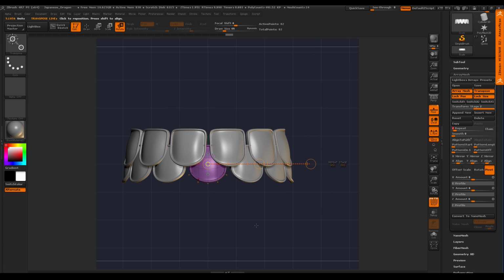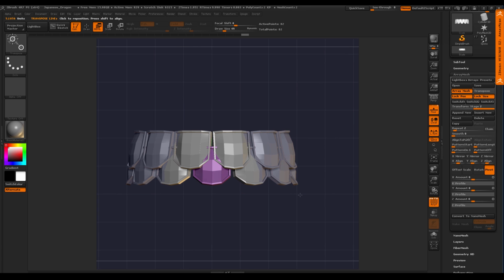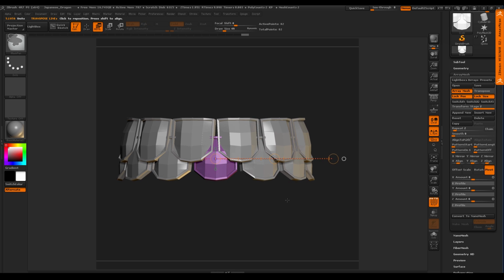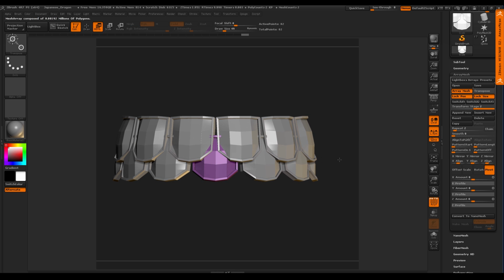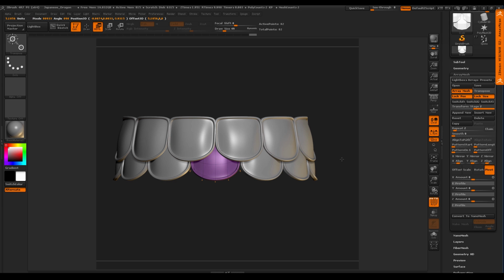So what's great here, again, about the array mesh, here, I need to turn the transpose line off. I'm going to click that center circle, and I know I want dead center. And I'm going to say, you know what? It's not wide enough, so let me make it a little bit wider, right? So I'm going to switch to move. Here, I'm going to turn the floor off just so we get a consistent, nice look. And now I can stretch these out. I can turn on dynamic and see how that looks and see when those are touching. And then that's the overlap I'm looking for.